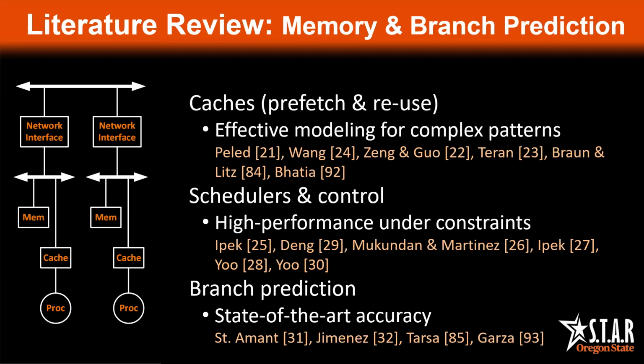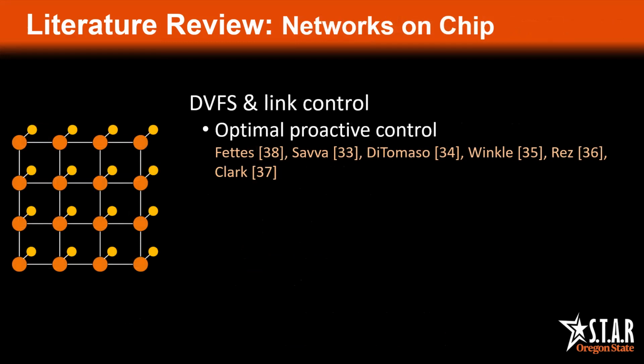The dynamic nature of networks on chip, or NOCs for short, lends itself naturally to proactive machine learning-based control, in contrast to largely reactive traditional schemes. Recent work by Fettes explored NOC DVFS with several different linear regression-based schemes, as well as a reinforcement learning model using a deep Q network. For the linear regression schemes, they considered predicting buffer utilization or a change in buffer utilization. The reinforcement learning approach instead uses rewards based on buffer utilization and energy.